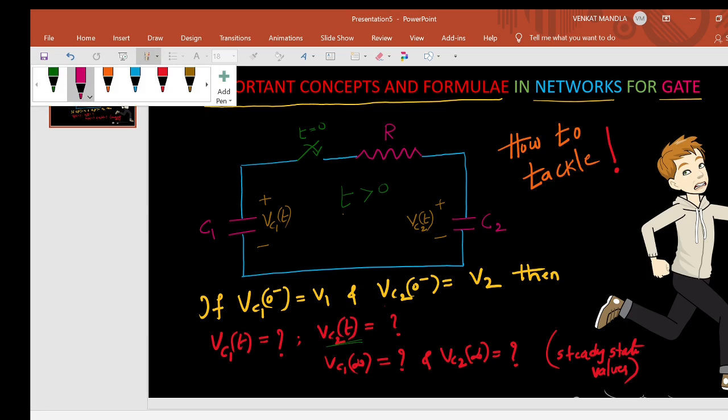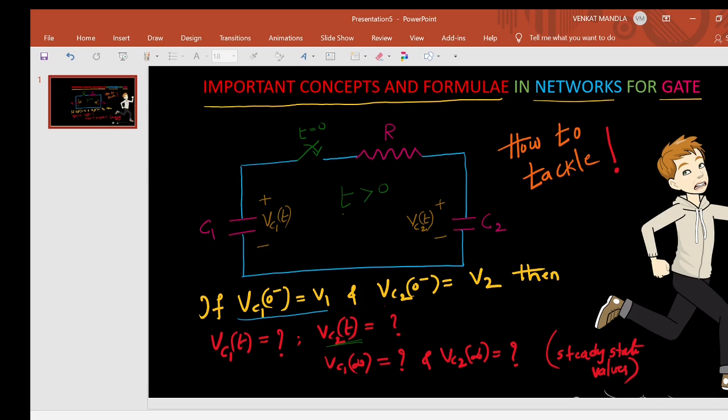The C1 is charged to V1. This is the initial voltage when the switch is open, before closing the switch. This is Vc1(0-). That is, initially this capacitor is charged to V1 and the C2 capacitor is charged to V2. Right? Then the question is, after closing the switch, for time t greater than 0,